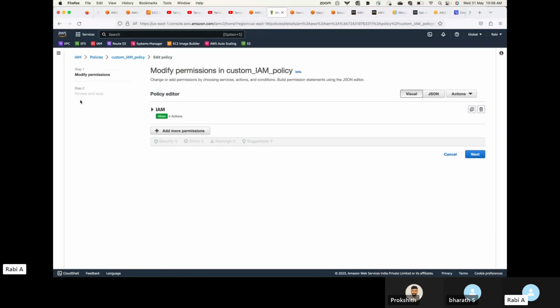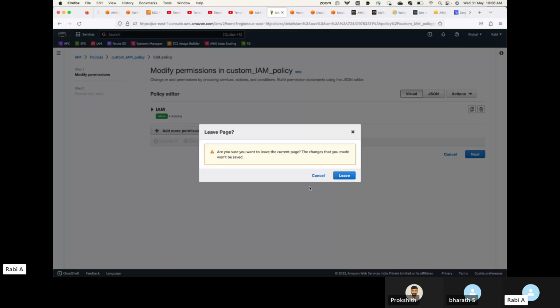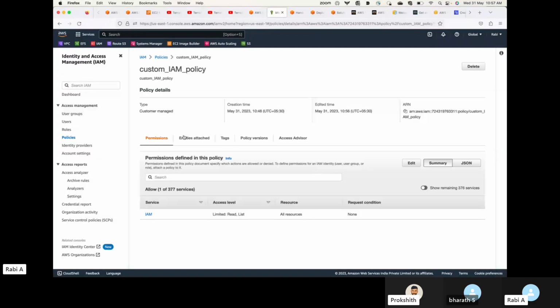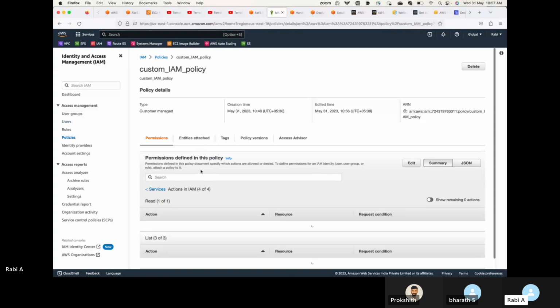So on the left hand side, are you able to see the dashboards and all those options? Yeah, I'm able to see. And when you click on users, what happens? I can see Bharat and myself, my name. Okay, so that's basically what I've given you the access to. Okay. So if you see this permission,